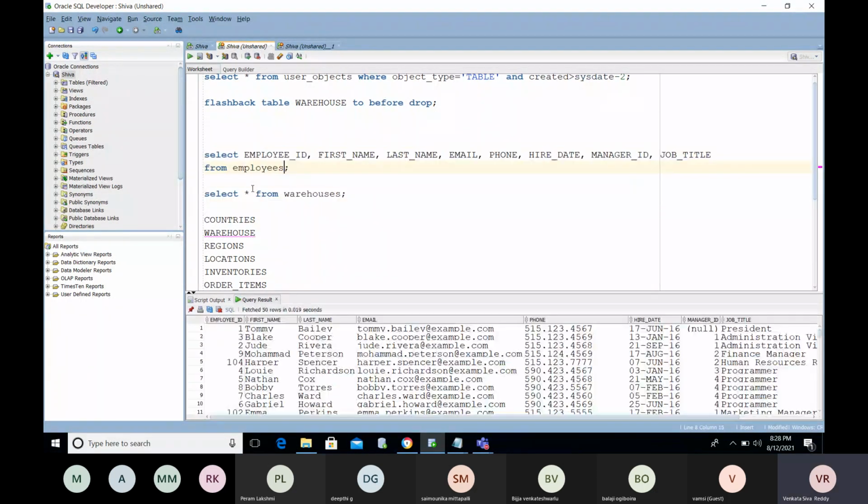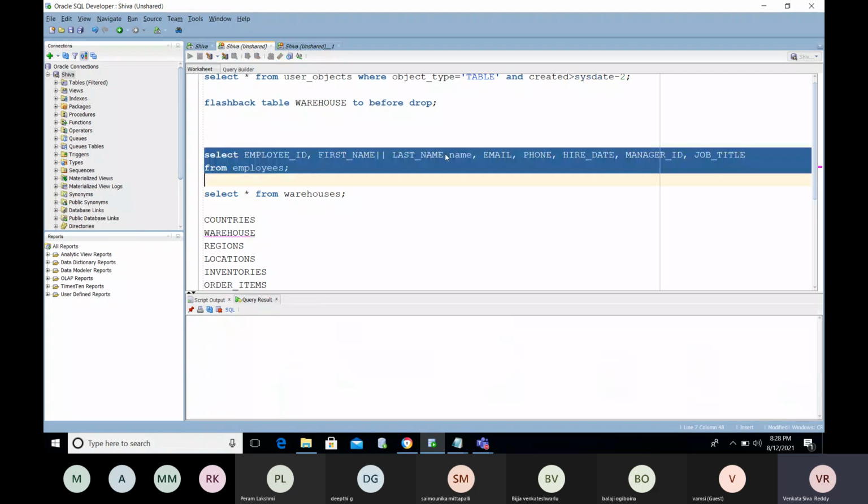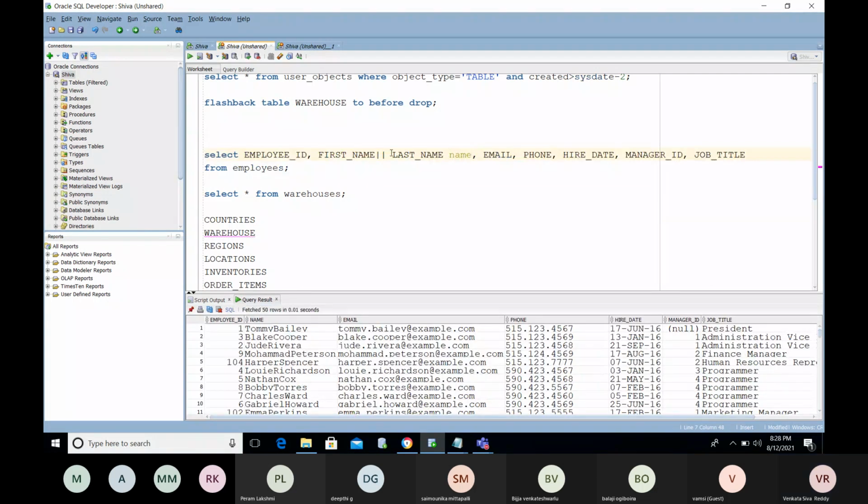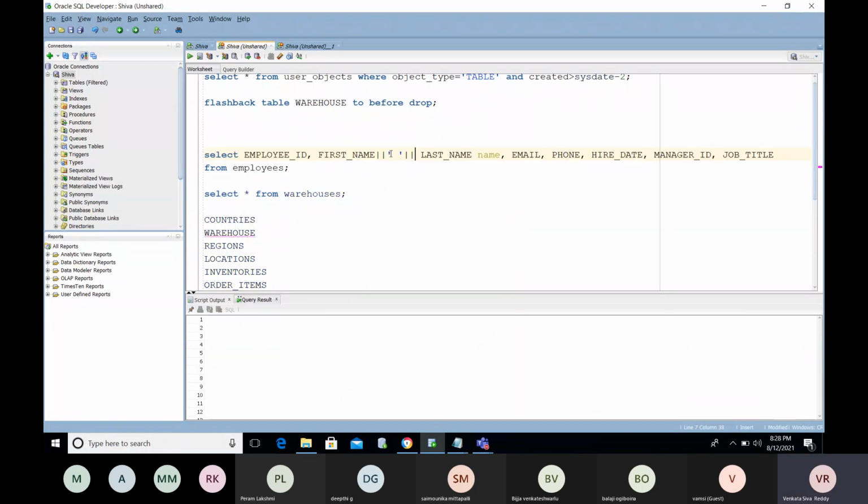Okay, now we have the data. While displaying the data, my name should be concatenated into only one name, with no need to specify first name and last name separately. So we get a lot of requirements like this.